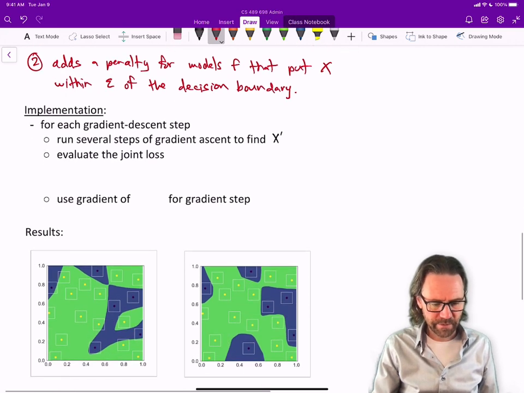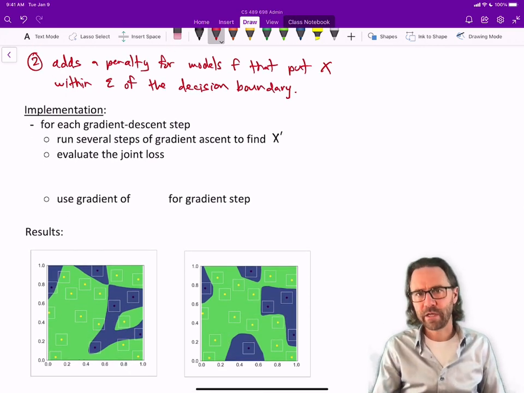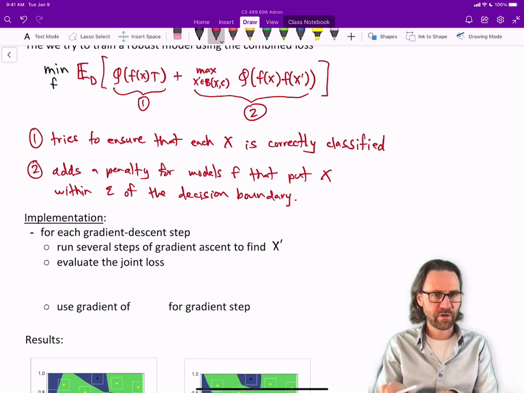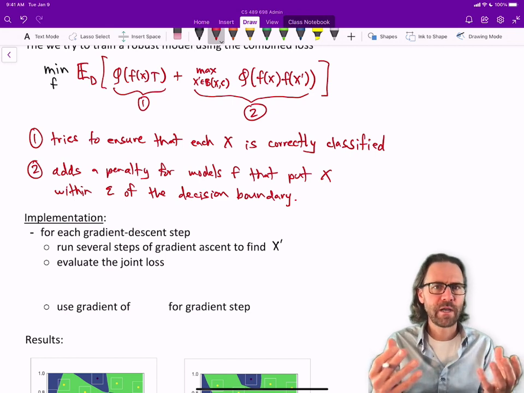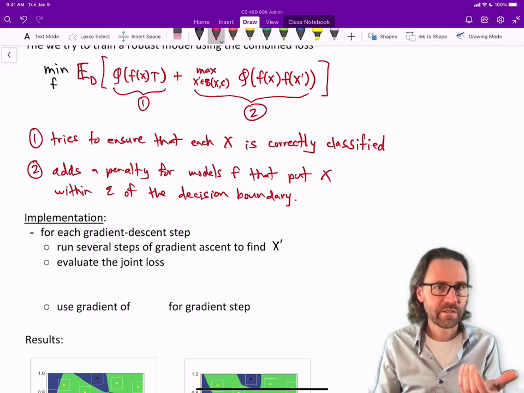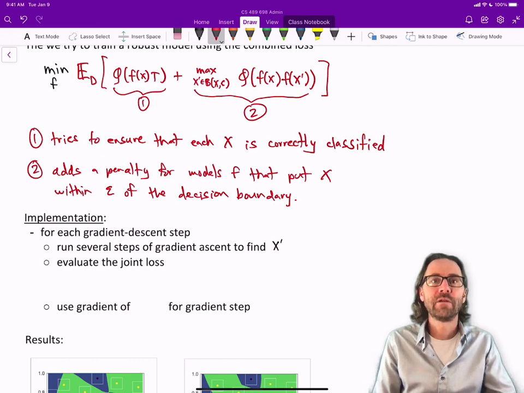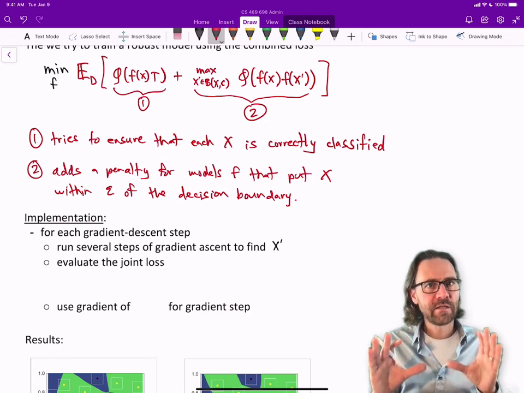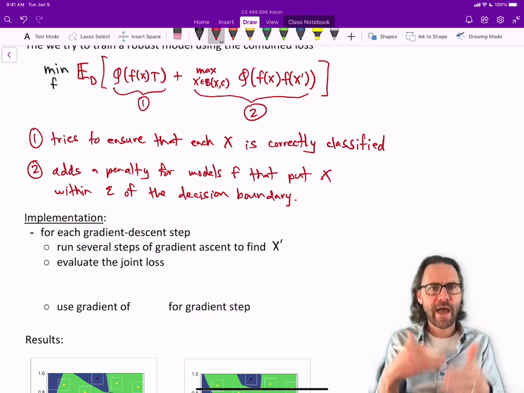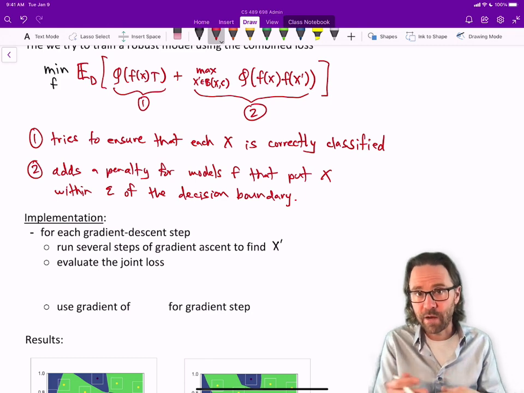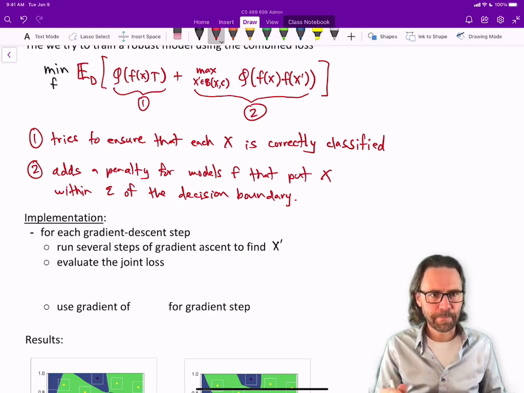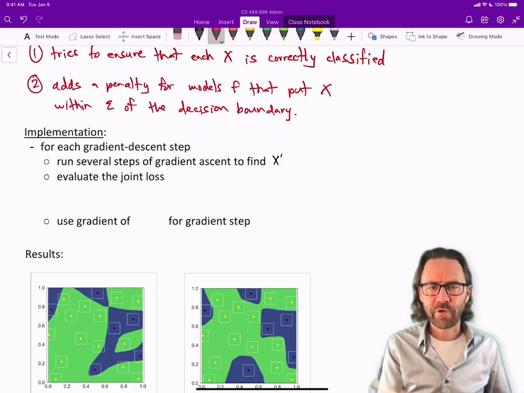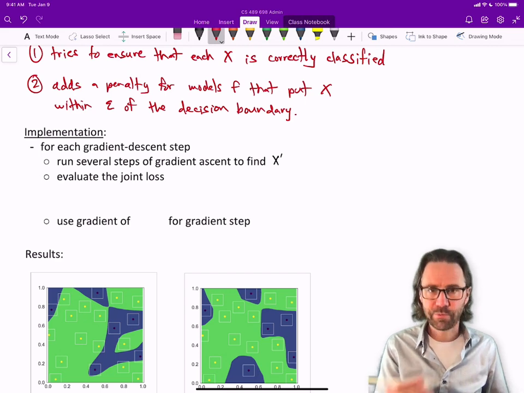So here's the implementation. Normally when we're training a neural network, it's gradient descent, right? You have your loss, like term 1 here. Forget about term 2. We'd have term 1, we'd evaluate it, get the loss, and then compute the gradients of the loss and take a step down the gradient. Now for each of those gradient steps, we're going to add some stuff. For each gradient step, we're going to add this sort of pessimistic process of looking in the neighborhood for an adversarial example. So for each gradient step, we're going to run several steps of gradient ascent to find x prime,